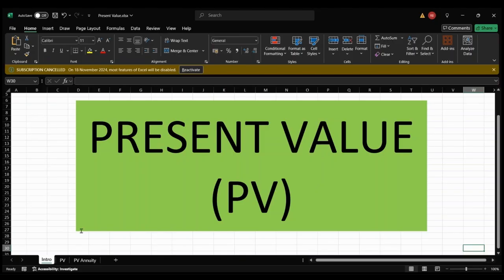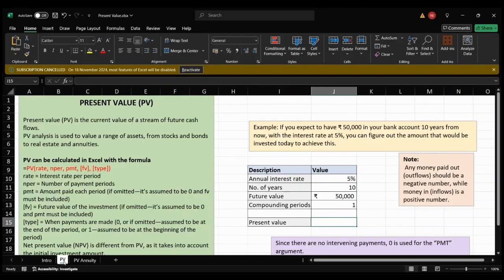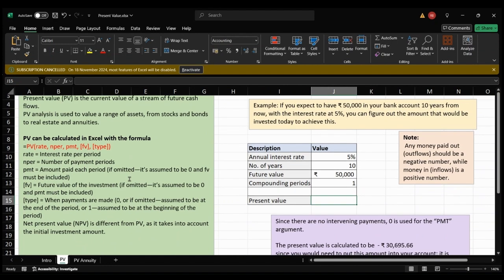Present value, PV. Present value is the current value of a stream of future cash flow. PV analysis is used to value a range of assets from stocks and bonds to real estate and annuities. PV can be calculated in Excel with this formula: equal to PV, and inside the bracket: rate, NPER, PMT,